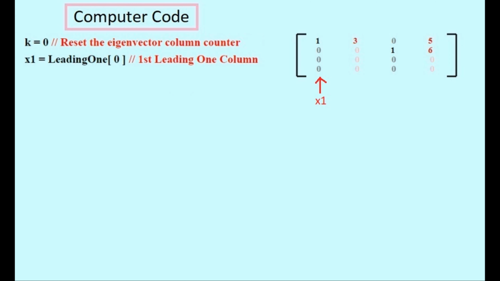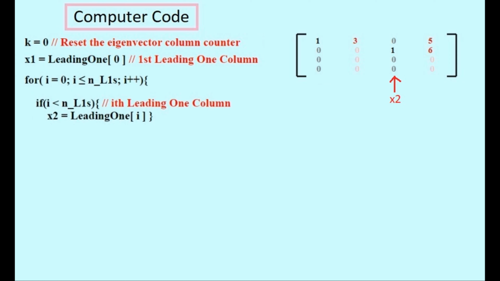We set x1, which is equal to the location of the first column of leading ones, to be equal to 0 to start with. And we also must reset the eigenvector column counter k to 0. And now to loop through all of the list containing the positions of the leading 1 columns. So we get the value of x2, which is the location of the second column containing leading 1s, which is